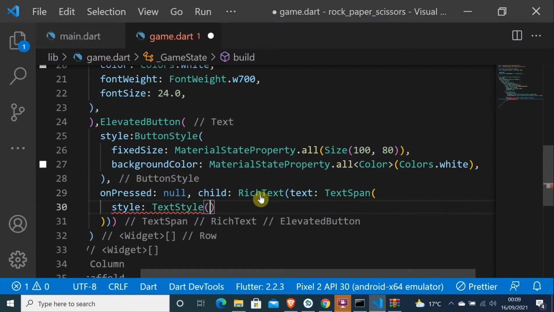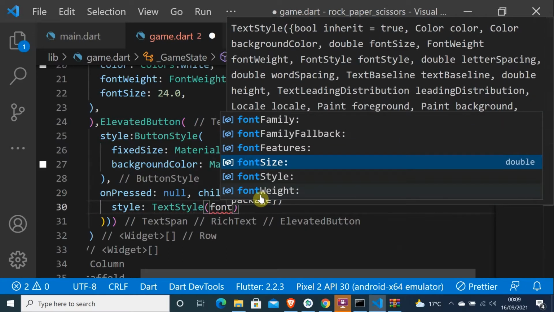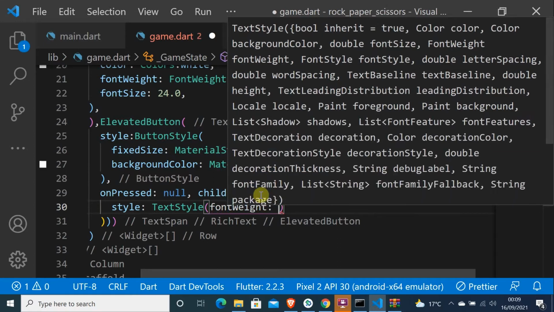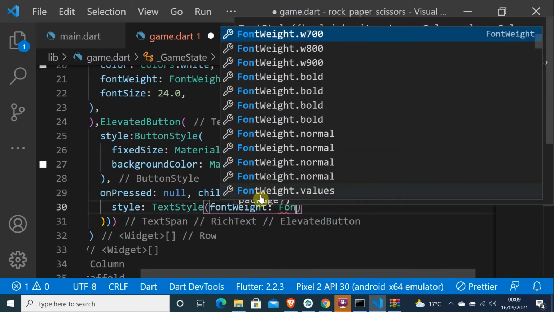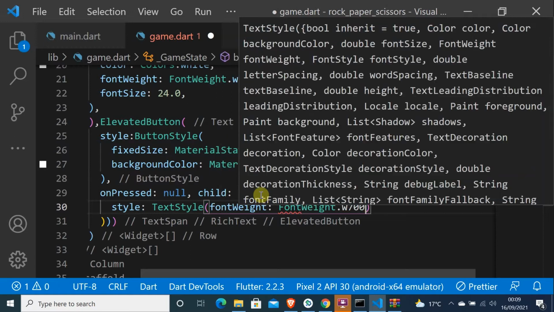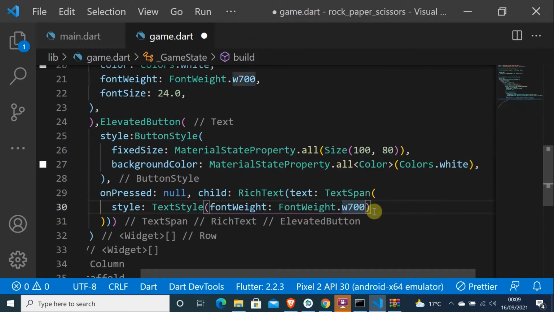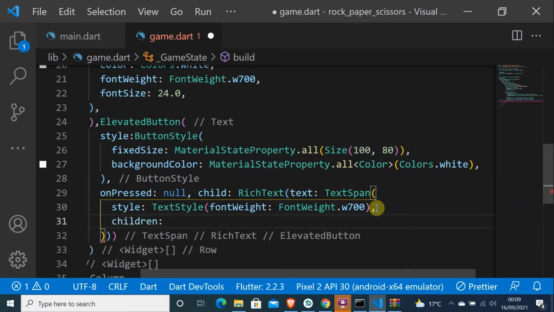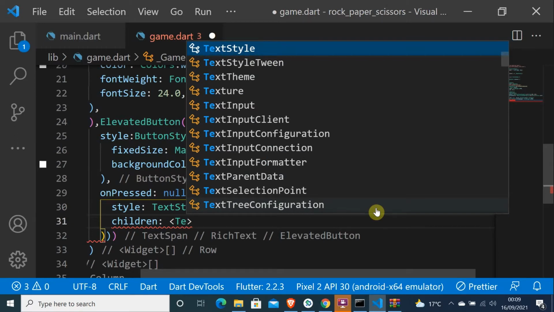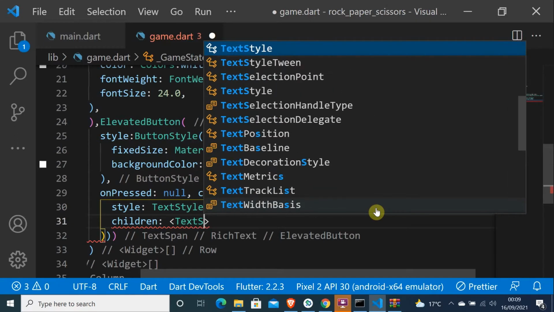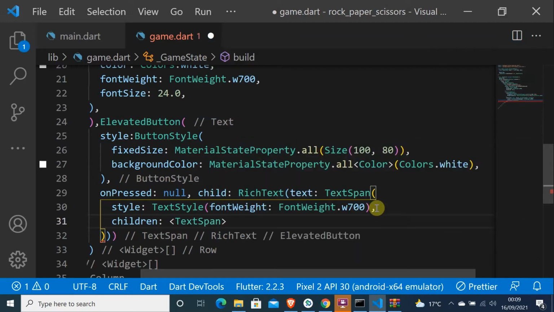In the TextStyle, let me just specify the fontWeight, and the fontWeight will be, let me see, FontWeight, let me do this one, w700, and let me just put semicolon and put children, and the children here will be TextSpan,